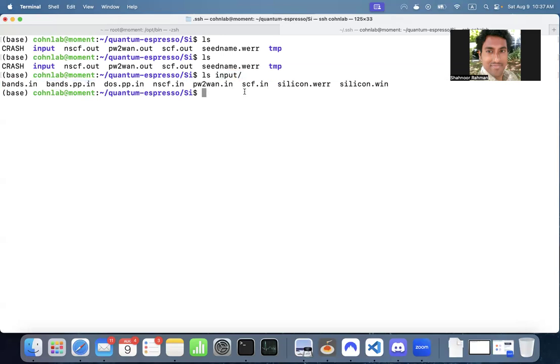First I need to run the SCF computation. SCF means self-consistent field calculations. So mpirun, number of processes, one process, pw.x. The input file is inside this input folder, scf, and this angle arrow directs all the output to the scf.out file. Okay, and if I press enter,